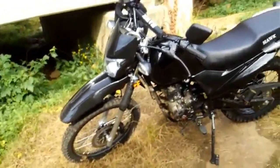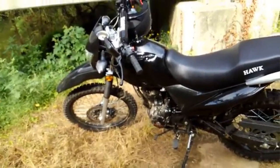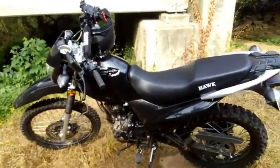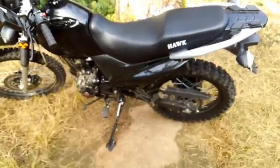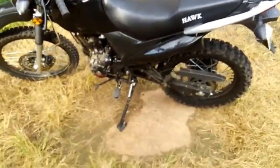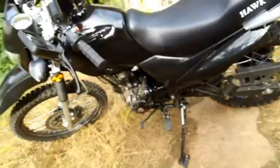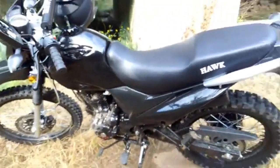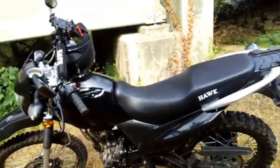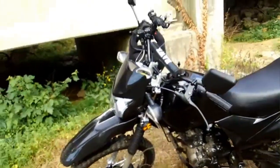And I like to have lower gearing. I ride quite a bit off-road, and there are a lot of rocks around here. Especially I like to have lower gearing so that it's friendly to rock crawling. So I want to put a tachometer on it to check and see what the RPM is with the stock 15 and 50. And if it's no more than about, say, 7,500 RPM at 60 miles per hour, I'm going to leave it that way, because